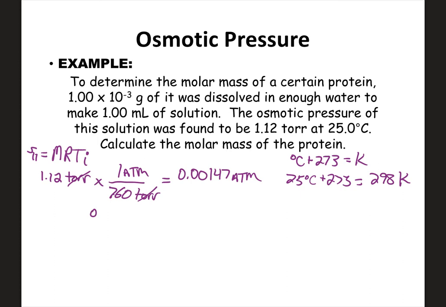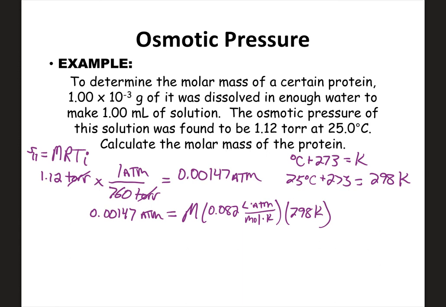We have the 0.00147 ATMs equal to the molarity, which is what we're solving for, times the 0.082 liters times ATM over mole times Kelvin, times the temperature, which is 298 Kelvin, times the van 't Hoff factor, which